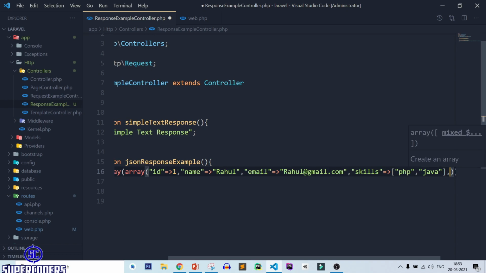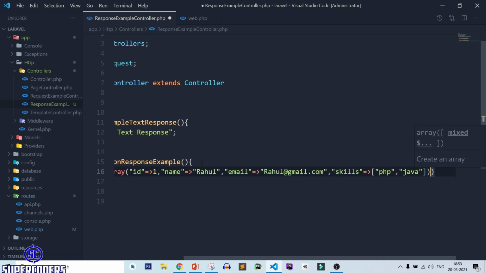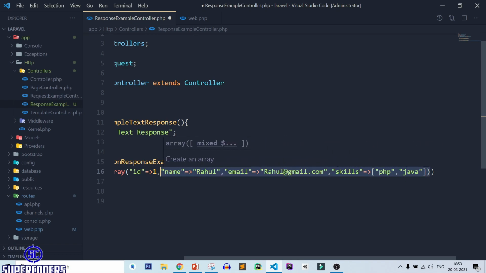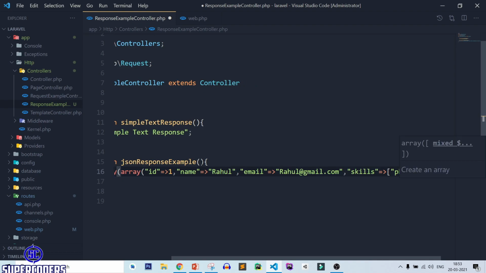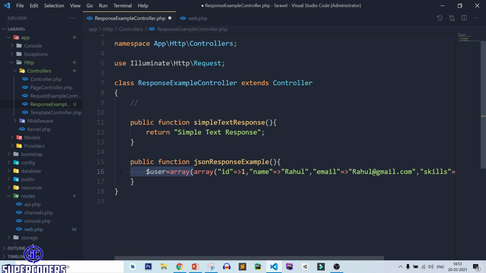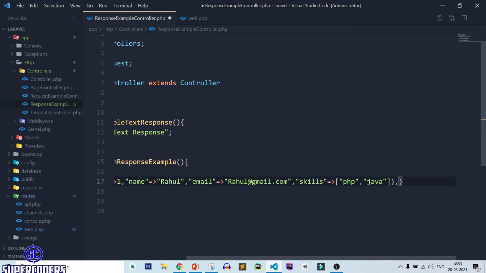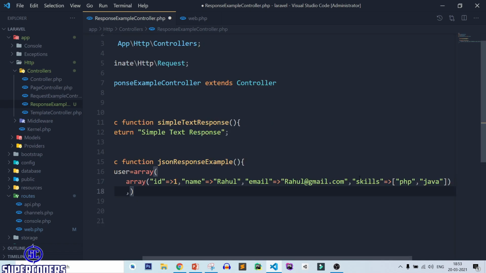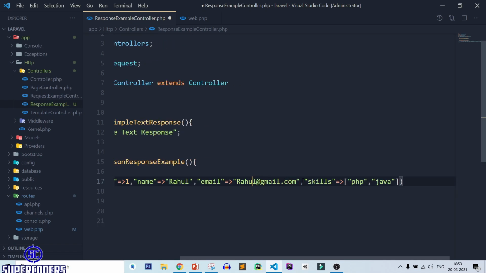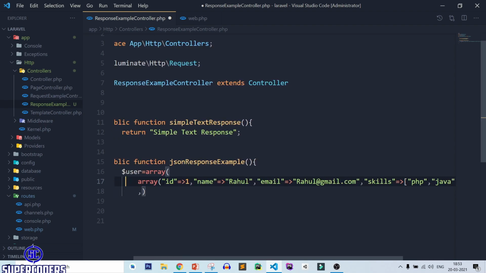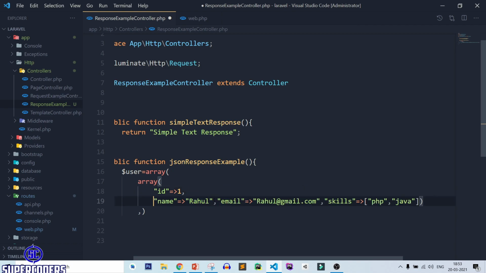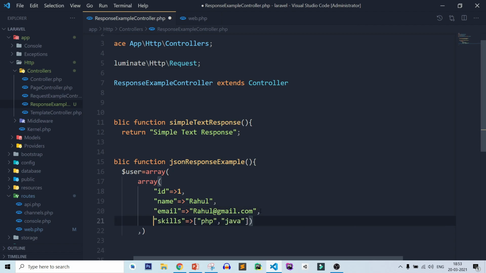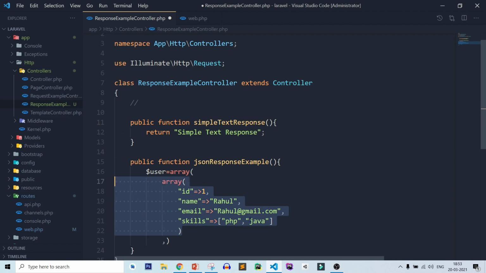Now after that, let's copy the array again and create a new array. Let's make it more clear. Now let's copy this again and create one more array.